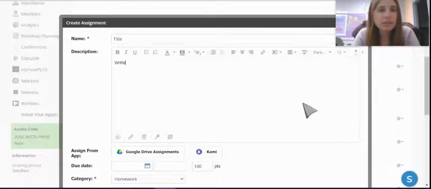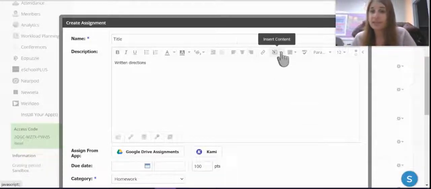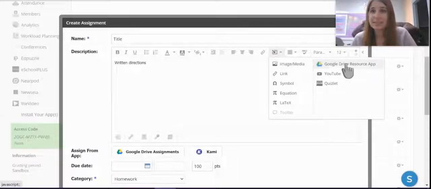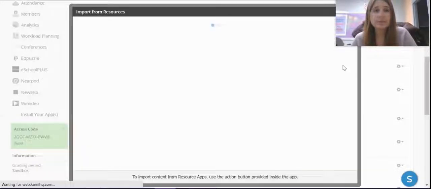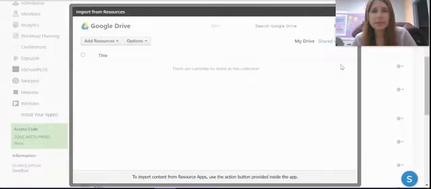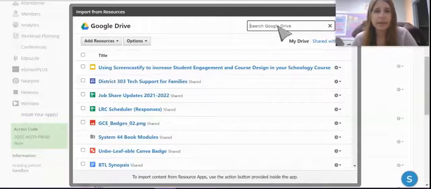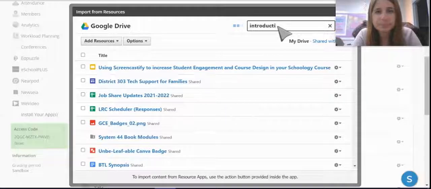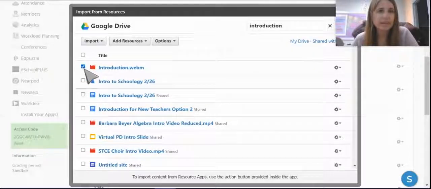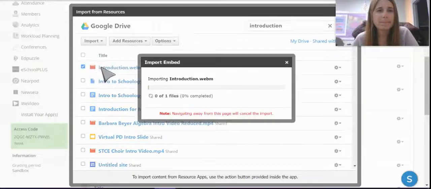Any written directions here. And then once again, insert content, Google Drive Resource app, and find your video. Okay, click the video, import, import embed,